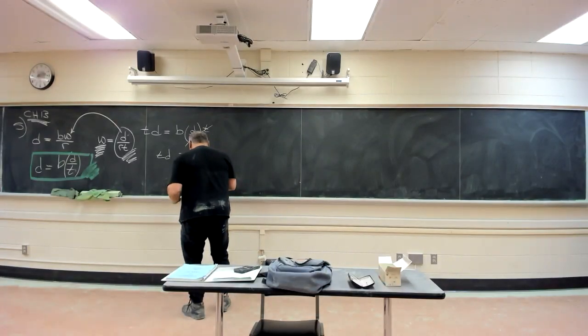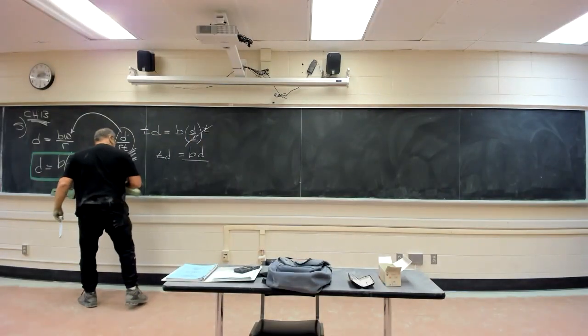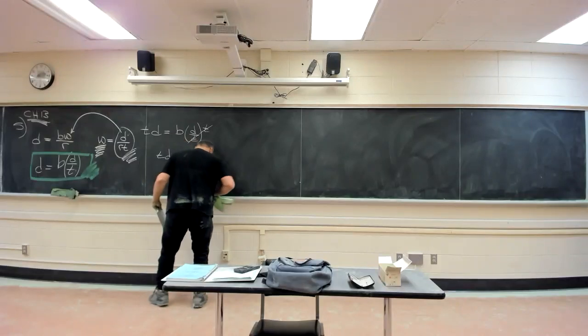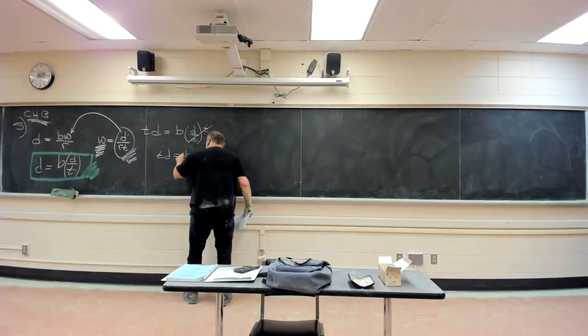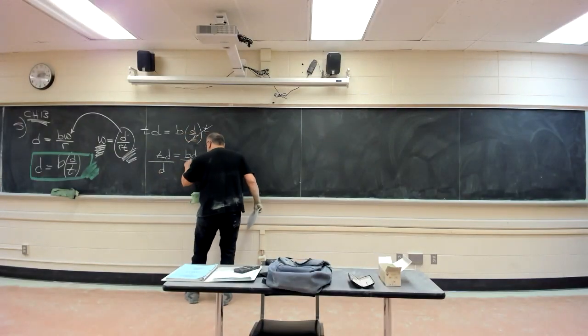Let's see here. What does it say? Yeah, right. I'm sorry. I was about to solve for the wrong thing. You can solve for a lot of things, I guess, but the best thing to do is solve for what they're asking you to solve, right? And that's my fault. TD equals BD. If you divide by D on each side,